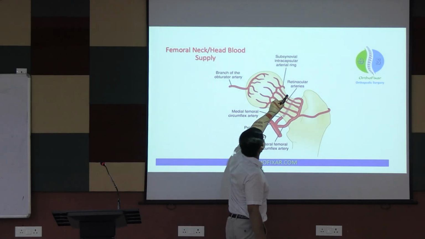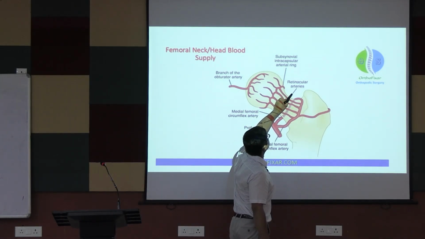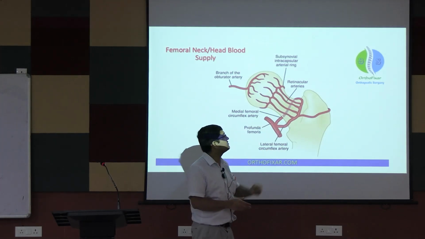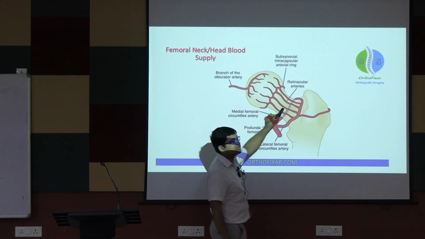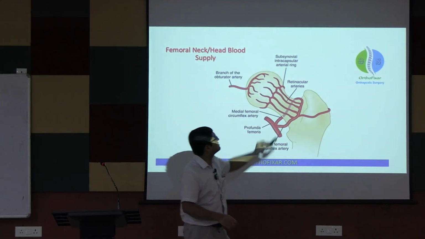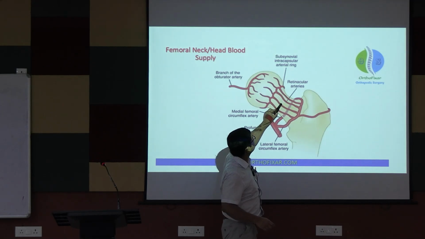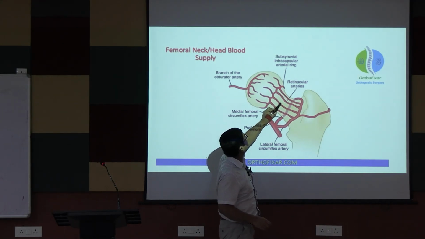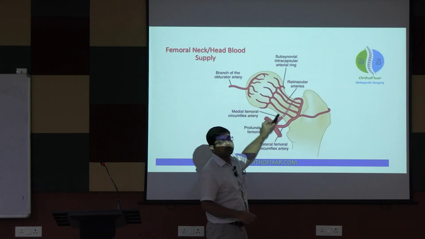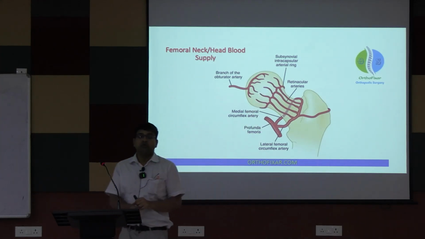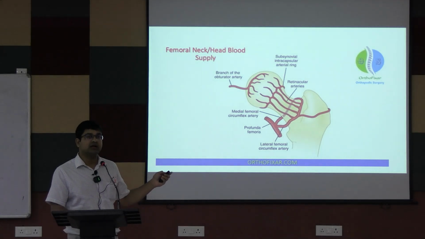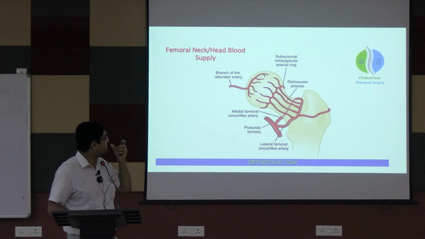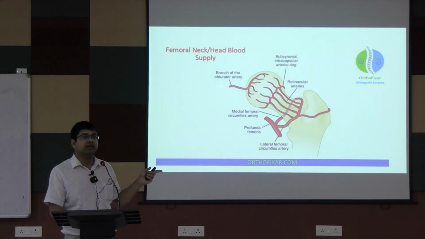So what happens in femoral neck fracture? If the femoral neck fracture is here, এখানে একটা femoral neck fracture হয়েছে, তাহলে কি হবে? The major arterial supply to the femoral head is cut off। এখানে একটা ফ্র্যাকচার হলো, তাহলে কি হচ্ছে? The retinacular vessels are injured in femoral neck fracture, and there is cut off of blood supply to the femoral head। Okay, and femoral head cannot survive only by this ligamentum artery, artery of ligamentum teres, which is a branch of obturator artery। So this is the blood supply of femoral head।